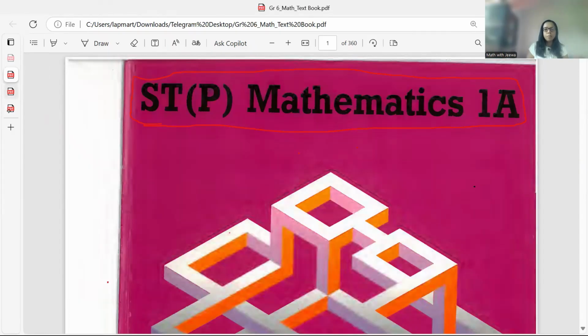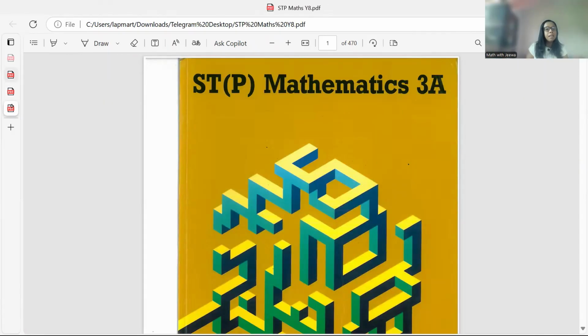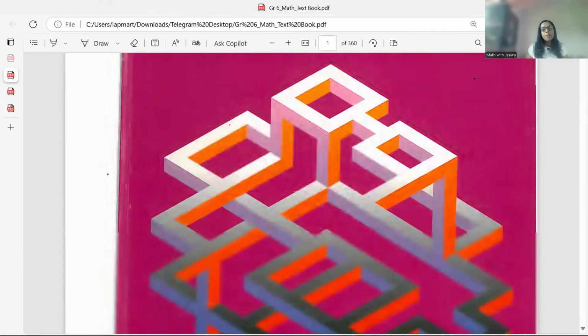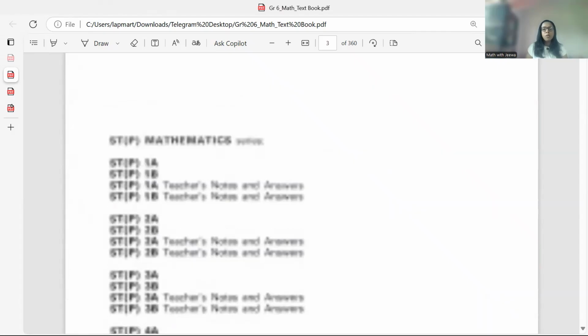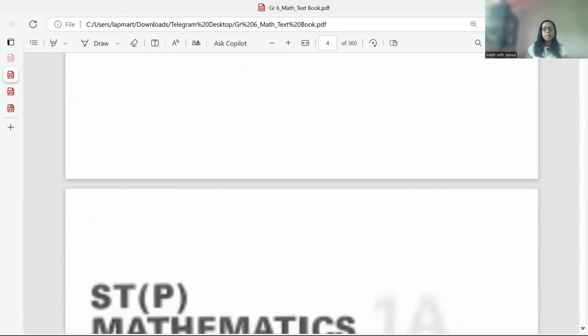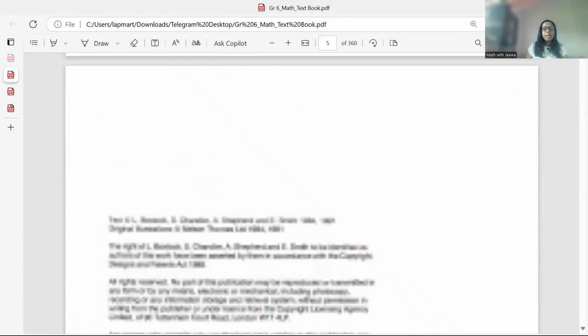So now we are familiar with the books, and here we have a special way to use these books. I will tell you how it works. When you are using these three books, here they have given